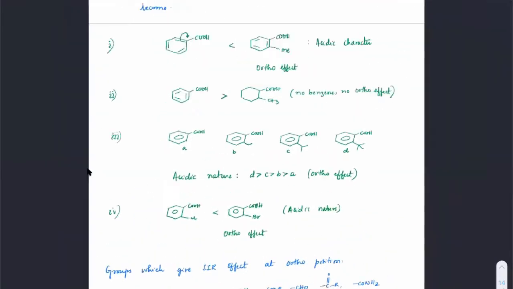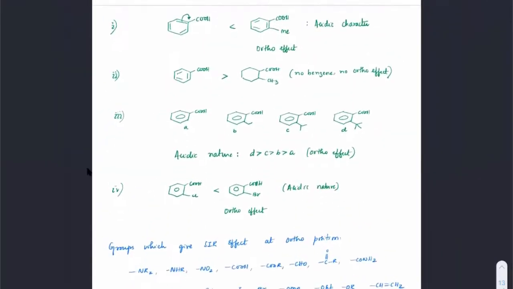All of you just make a note of it. If anybody has not written, just write it down first. Ortho effect by intra-H bonding. If you consider COOH with an OH group, let's say we have OH group here. Before even the H plus is released, first of all decide which H plus will release, which is more acidic. Obviously this one is the more acidic hydrogen, that would release first.